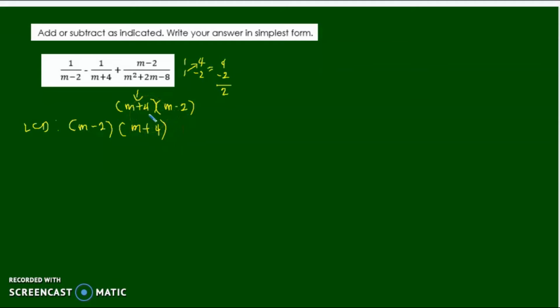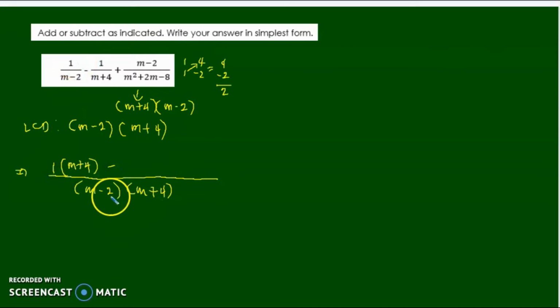Now, apply yung process na discussed earlier. Okay? So, recall yan. So, the LCD, m minus 2 times m plus 4. So, recall natin yung process. LCD divided by the denominator times the numerator. Okay? So, let's do this. LCD divided by m minus 2 equals m plus 4, times the numerator, which is 1,